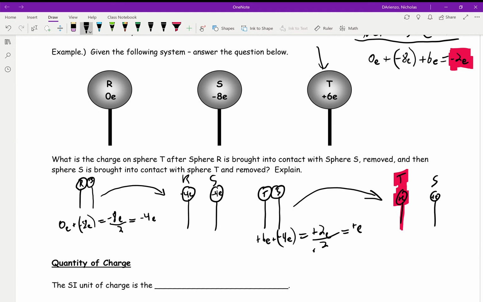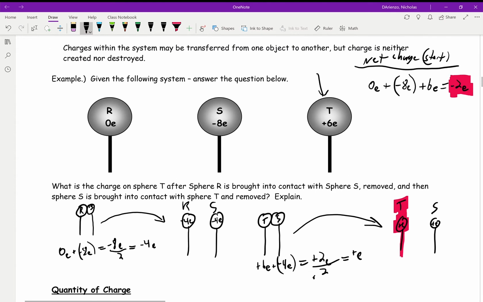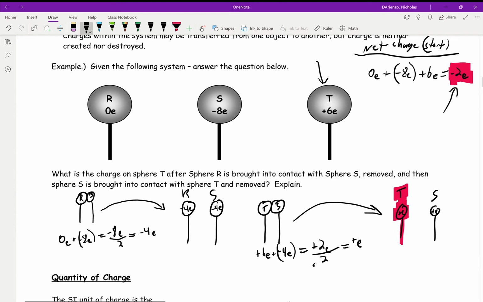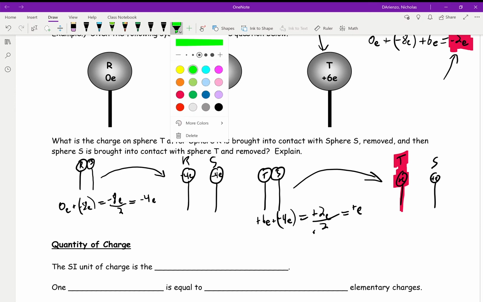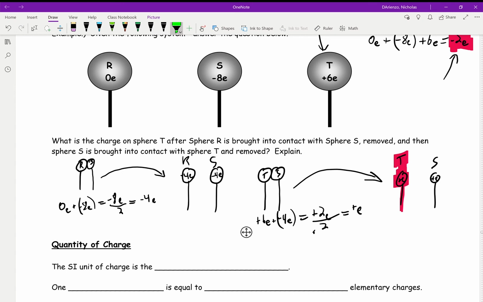And just to confirm that this is right, we started with an overall charge on this system of minus 2e. So if we check our work here amongst these three spheres, S, T, and R, we're going to look at R, S,